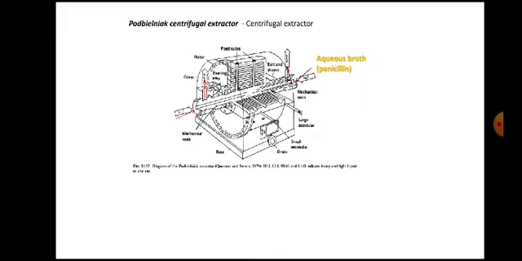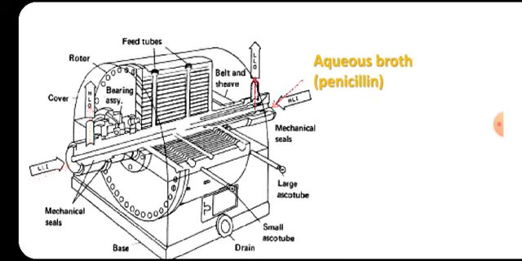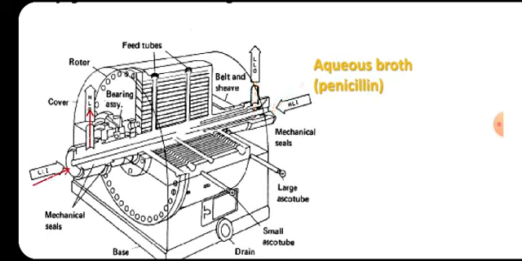So the aqueous broth of penicillin is fed at the center of the shaft. So it will enter through these tubings, and whenever the centrifuge runs, it will be going from this area to outside,